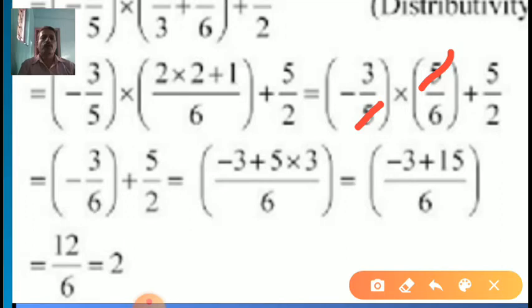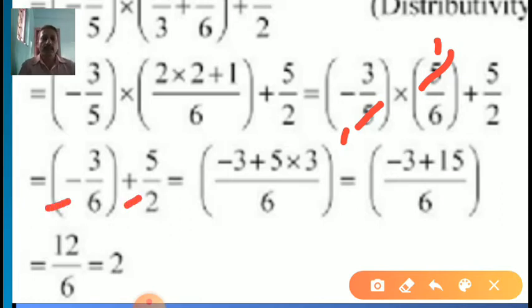I will show you how to solve this question directly. One step I cut it, but the answer remained the same. There are so many ways to get the answer, but we are moving slowly. This is our first question of rational numbers, so I will teach you a simple way. 5 ones are 5 and this 5 ones are 5 is cut. Now what is the numerator side? 3 into 1, that's a 3, and downside, that means denominator, is 6. So minus 3 upon 6 plus 5 upon 2.